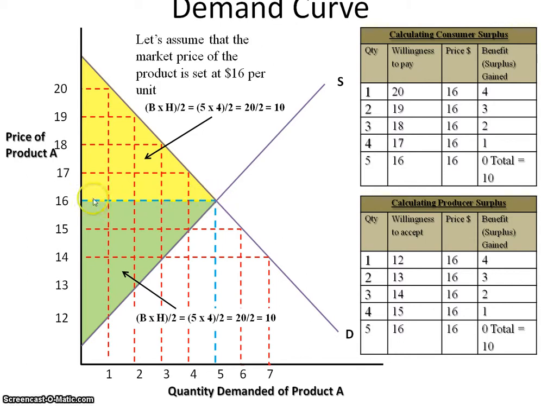So the base in this triangle here is the equilibrium quantity, a value of 5, and the height is the difference between the maximum price that the consumer is willing to pay and the equilibrium price of the product. In this case, it is 20 minus 16, which gives us a value of 4. And that's why we have base 5, height 4, and consumer surplus 10. So moving on now,